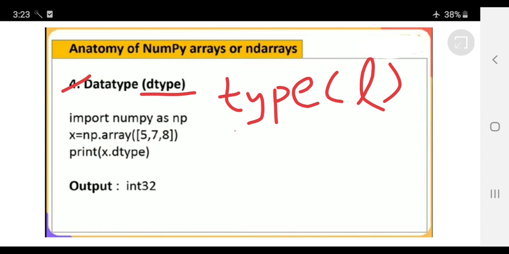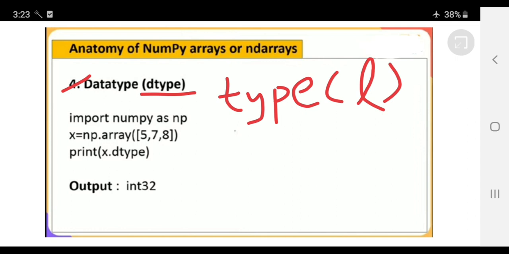Whereas dtype in NumPy tells about the data type of the elements present in the array. You got it? dtype tells about the data type of each and every element present in the array.